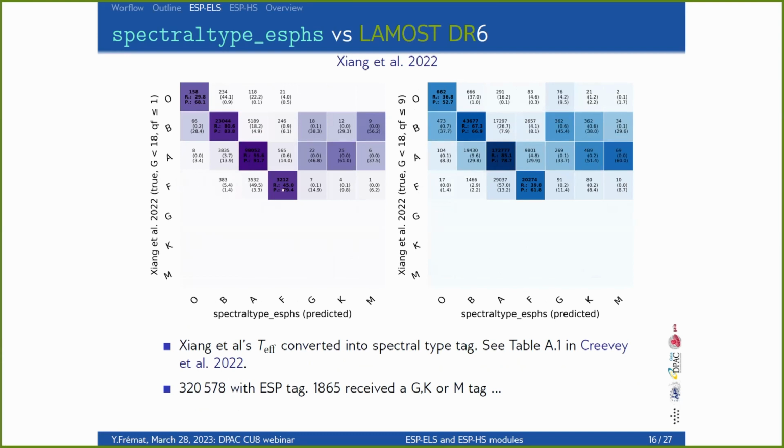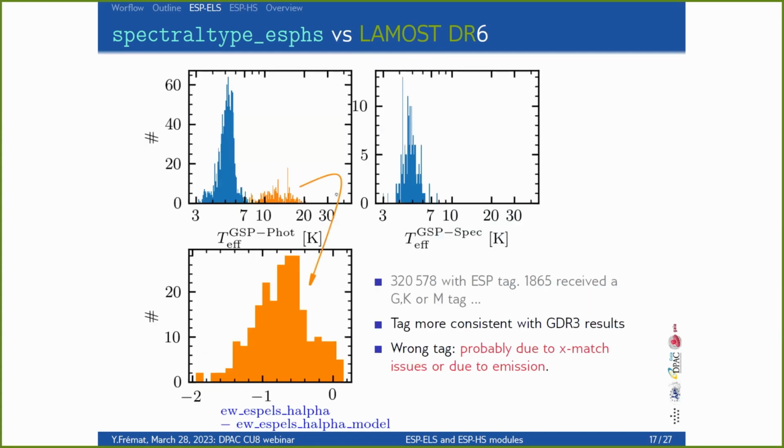And here again, we see a fair agreement between the results of ESP-ELS and those obtained with LAMOST, except for a few of these targets which received G, K, or M tags. If we take a closer look at the data and cross-match it with the results obtained with the other modules,